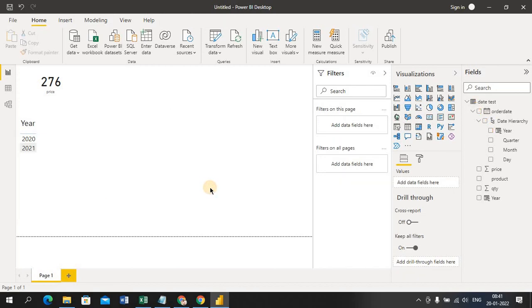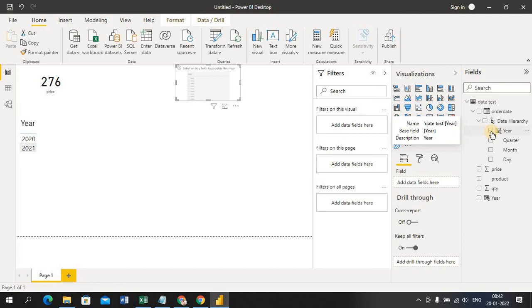Now this sum is there, right? For this sum I want to see what is the sum year wise. Okay, now I'm going to select the filter here. You can see the filter, this is a filter. Just select year wise data I want to see. Okay, so there is a year, I'm going to select this year.